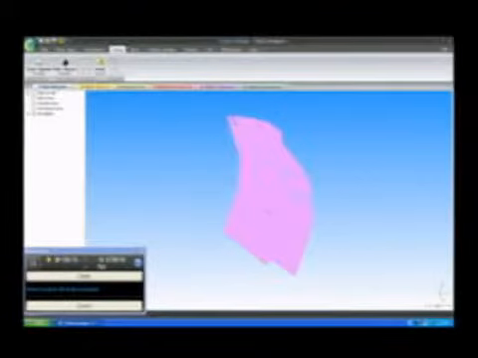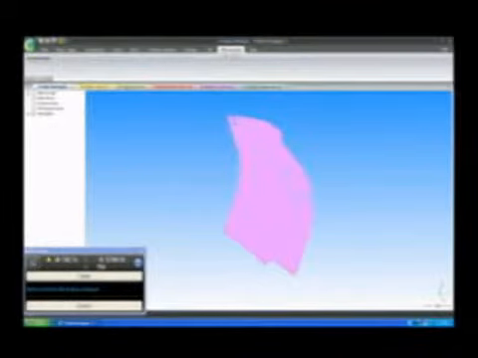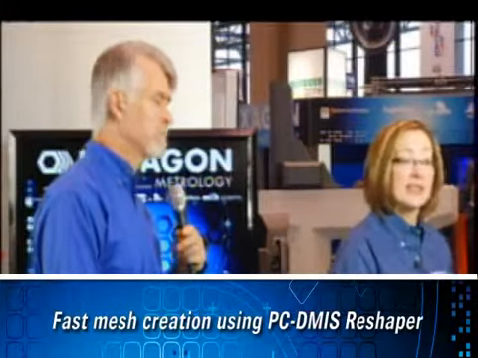So I have the point cloud selected, and because I'm using the RS1 scanner, I can come up here to the RDS scanning function, and I can actually generate a mesh with one mouse click. The reason I can do that is because the software knows the properties of the scanner and also knows the properties of the point cloud data, and it can use those to automatically choose the correct parameters to create the optimum mesh. So I'm going to click that button